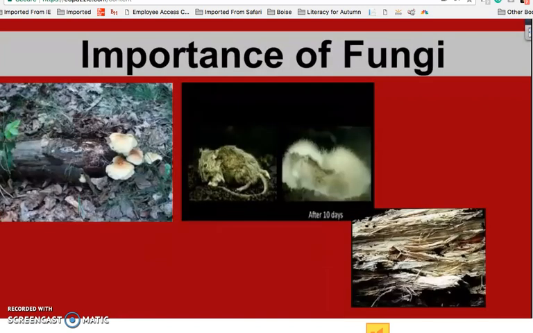Okay, and fungi are extremely important. We might not think of them as being important, but they're really important because they're nature's recyclers. We can see here this log is being broken down by this fungus. And this mouse, after 10 days, is being broken down by these fungi. And here's a rotten log. Now you might be thinking, well, what's the big deal? Well, the big deal is that here on Earth,